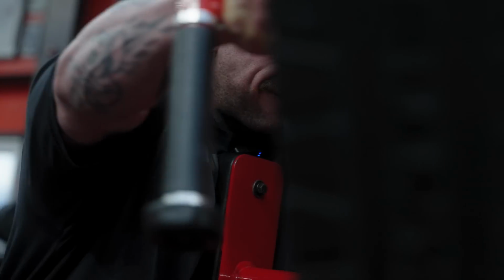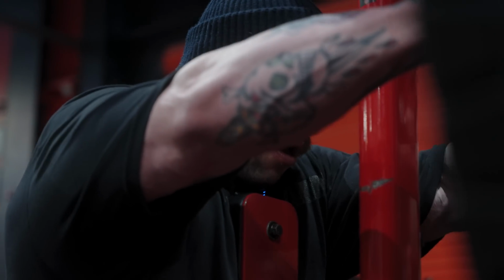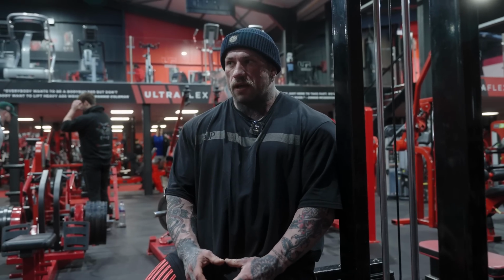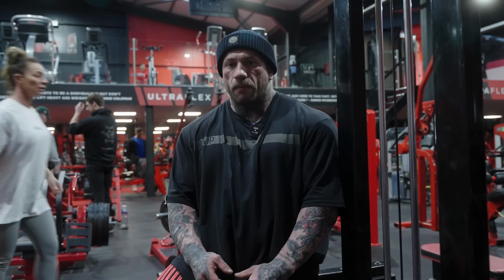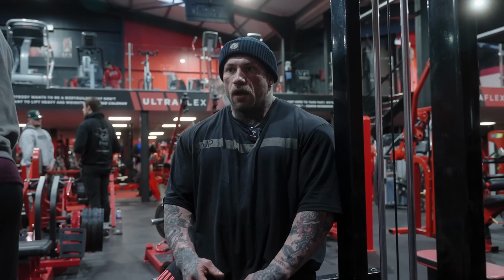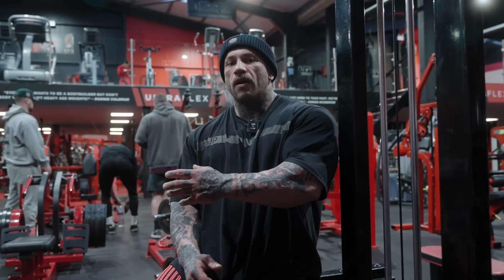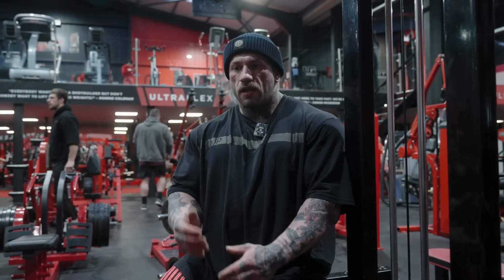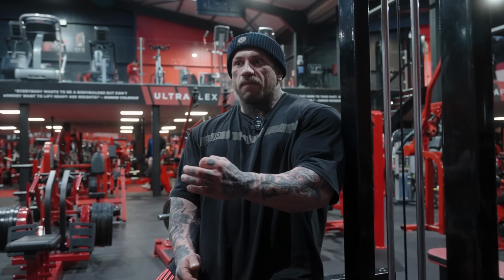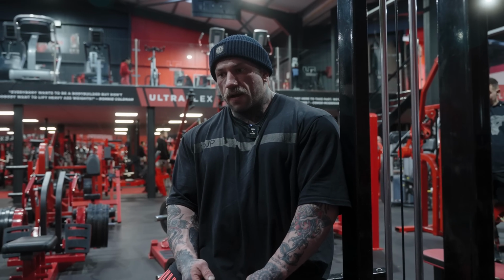However, when you break down what we actually do and the amount of work that we're putting in, it's actually a lot of work. Now, the biggest thing that I want to go through, guys, is at the beginning of your journey, the only thing that you need to really understand is what the difference is between your upper back and lat training. Once you've mastered that, you're good to go. You don't need to overly stress yourself about trying to target different divisions of your lat. Don't get me wrong, it helps. As you get further along your journey, you will need to consider these little nuance things that really allow you to take things to the next level. However, if you're a beginner,